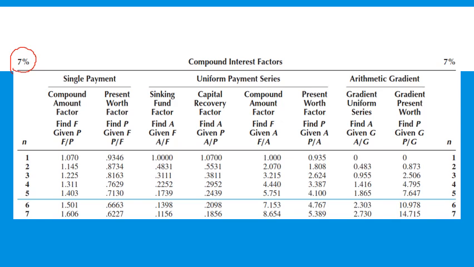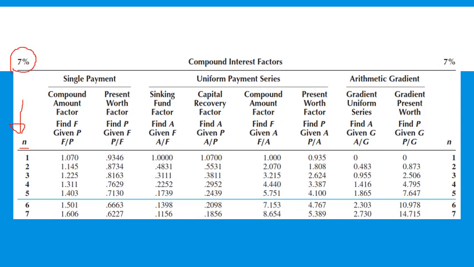You can refer there. On the left hand side, the first column is always n, that is the number of time periods. They wouldn't have mentioned whether it is year, semi-annual, quarterly or month, because n can change if the rate of interest changes from nominal interest rate to effective interest rate. So if the compounding period is semi-annual or quarterly, then n will not remain years. That's why they will not mention it as years.